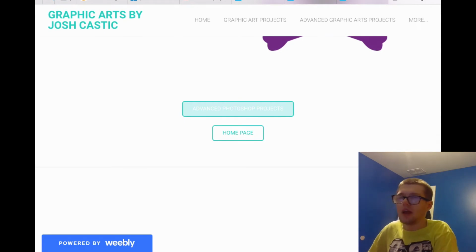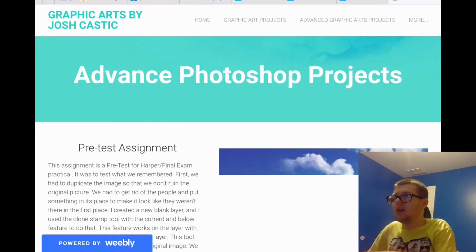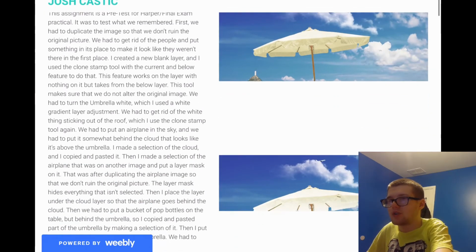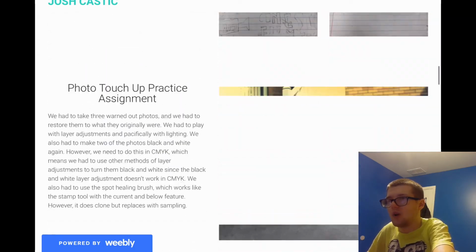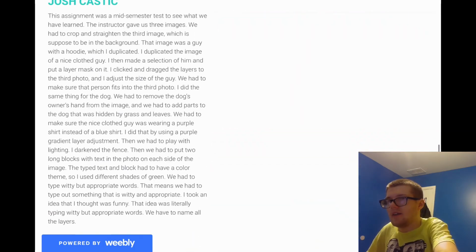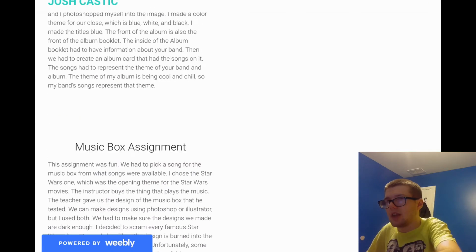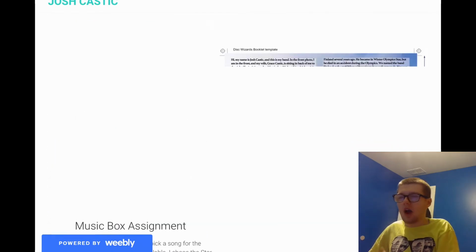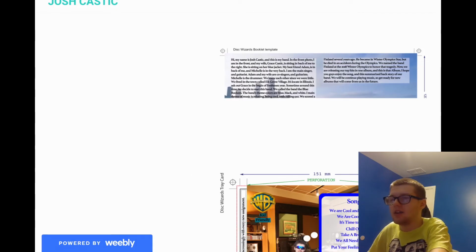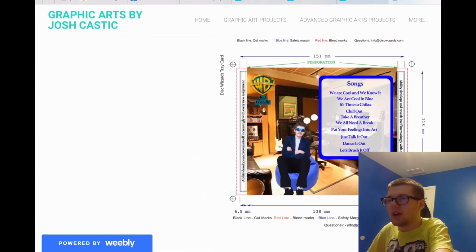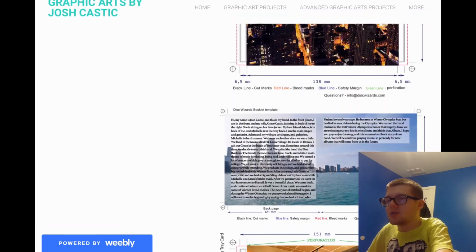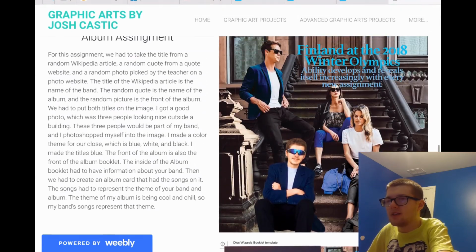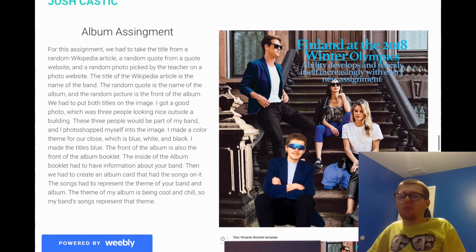And then you go to the next page here. So you got the advanced Photoshop stuff, pretty cool. It's a similar thing where for some assignments you make your own version, while others are similar because of practicing. So definitely check out this one, which was one of my favorite ones, because